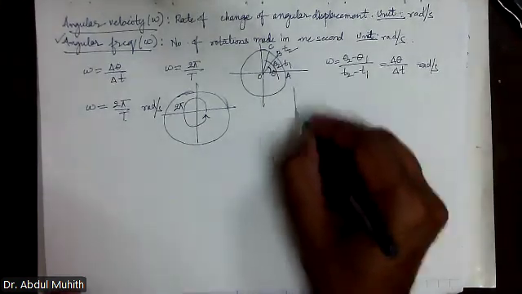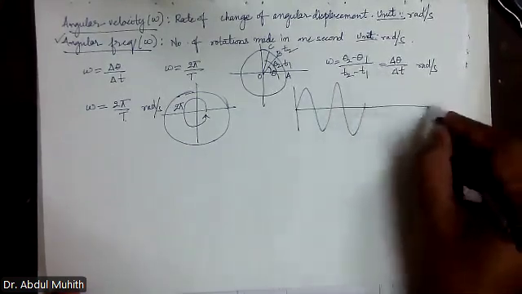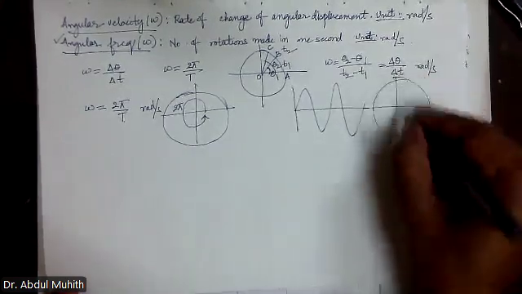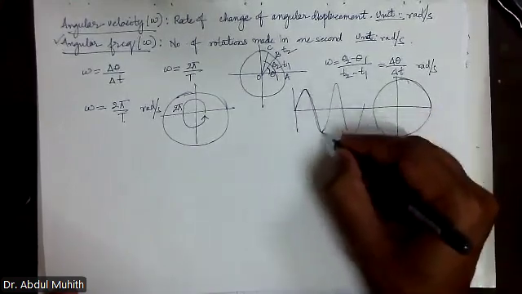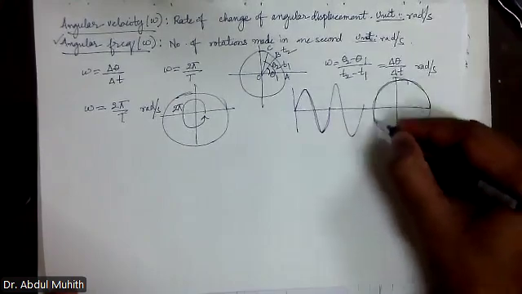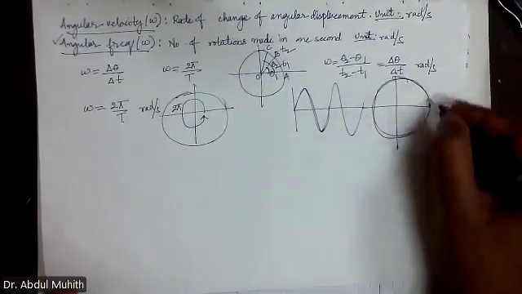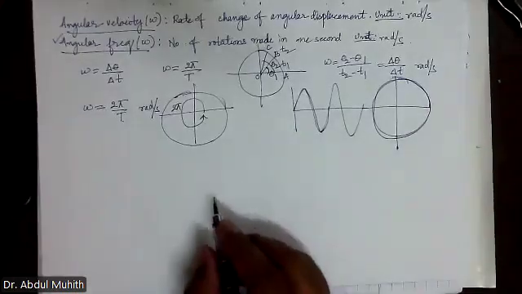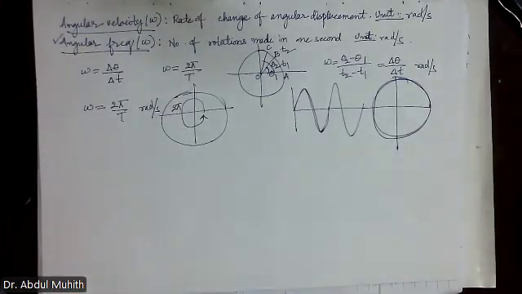Suppose this is a wave. Now we are representing a wave on a circle. When you move from here to here, it completes one rotation like this. The second time, again one more wave, it completes one rotation. So this is how we are representing the phase diagram. So we are saying the number of rotations made in 1 second is